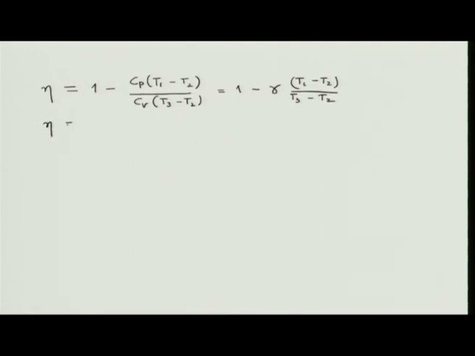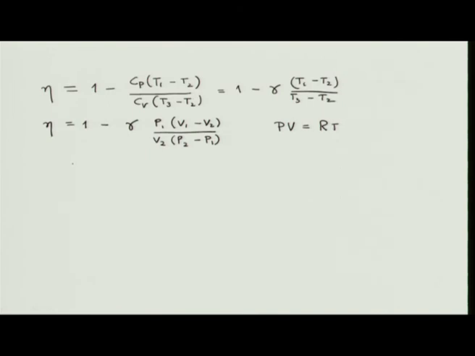So, let me substitute in this expression and see what I get. Efficiency eta will be given by 1 minus gamma P1 (V1 minus V2) over V2 (P2 minus P1). So, all I have done is replaced temperature, substituted for temperature for 1 mole of ideal gas. I always have PV equal to RT satisfied, and I know the coordinates of the points which are denoted by temperature T1, T2 and T3 respectively.